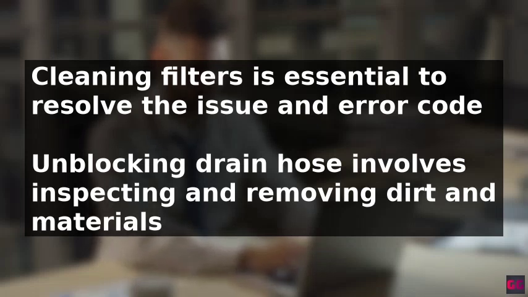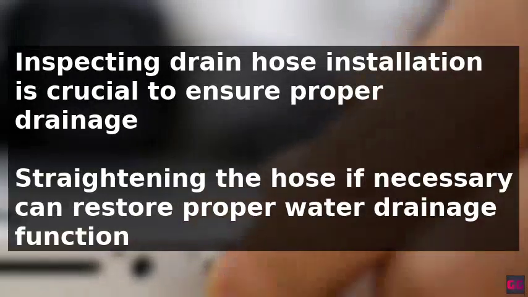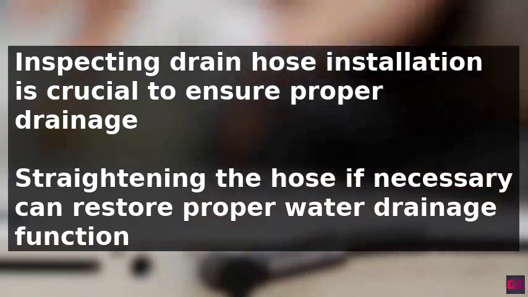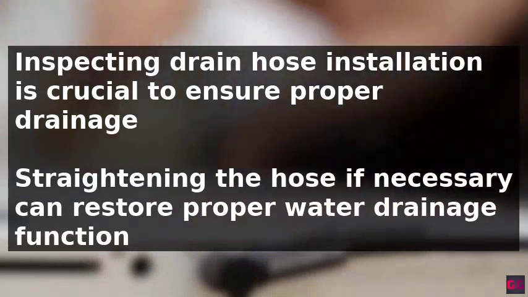Additionally, unblocking the drain hose involves inspecting the hose for dirt or foreign materials, disconnecting it from the machine, and using a flexible brush or pipe cleaner to remove the blockage. Before rinsing and reattaching it, it is also crucial to inspect the drain hose installation, ensuring it is securely attached